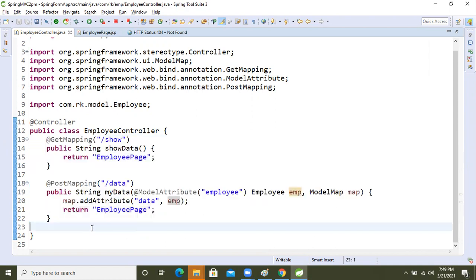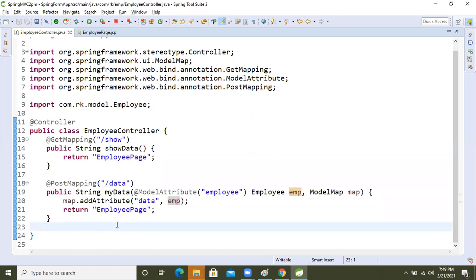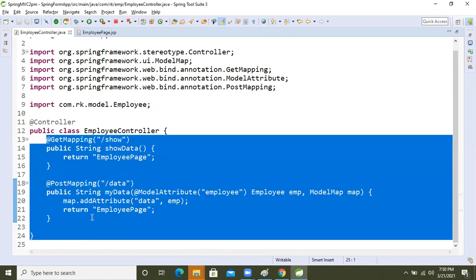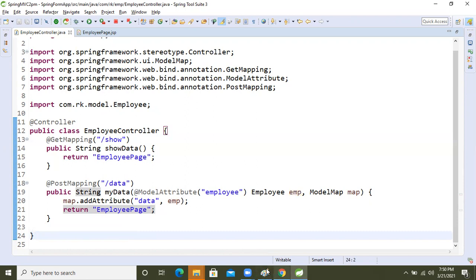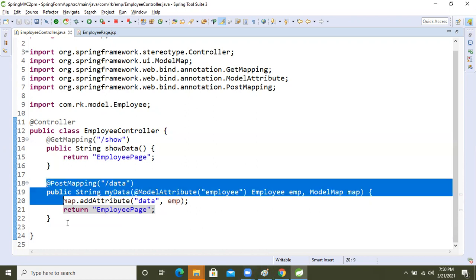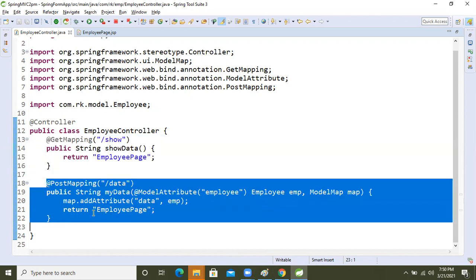For practice purposes, but with multipart, whenever we are doing file download and upload, at that time we will use the model and view only, because with this method we can't do those operations. Because of that I explained that one concept. In the future it will be needed. I think you got the point: memory wastage is not there, and it is the easiest way, we just write that method and expose the data.